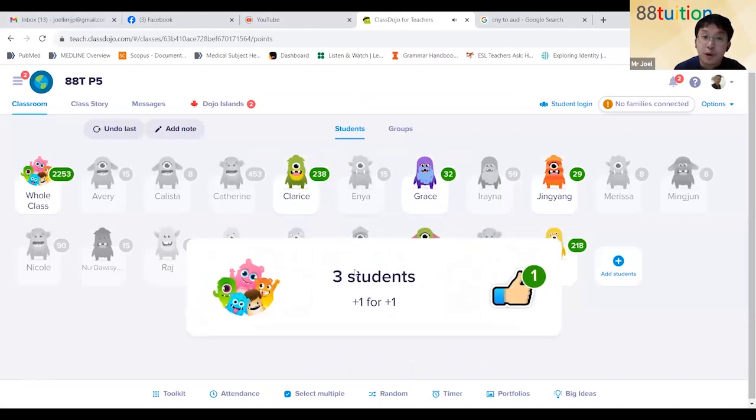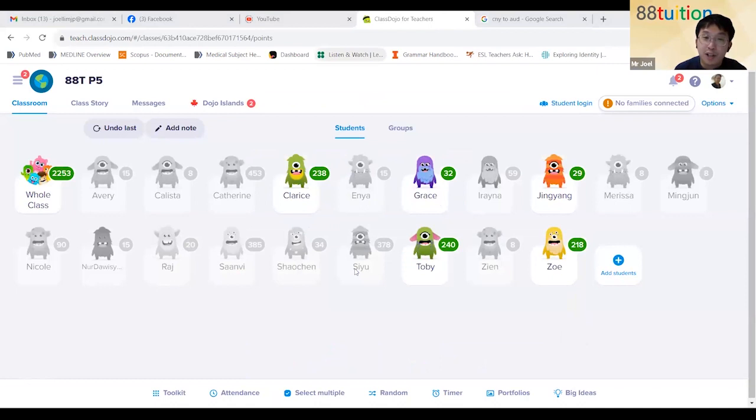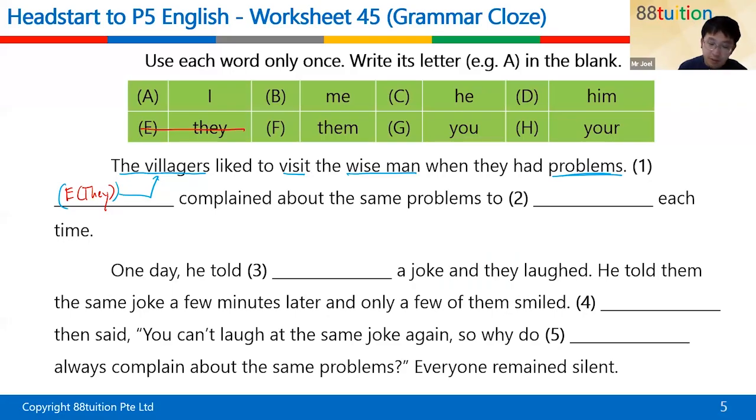Those of you who are wondering why you don't have a Class Dojo account here, they are given only to full-time students, and then they can earn points there. By the way, Kruthik, you are correct. And Crystal, you are correct as well. Good job. Isaac, you are right as well.